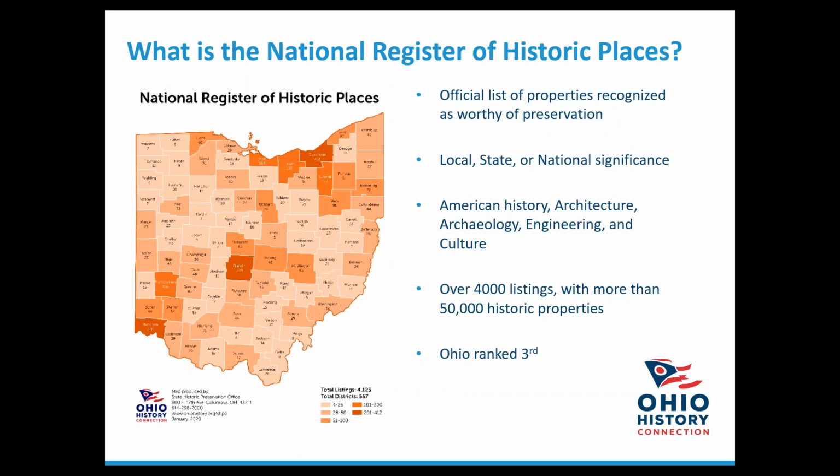So first and foremost, what is the National Register of Historic Places? The National Register of Historic Places is an official list of properties deemed worthy of preservation for their significance in American history, archaeology, architecture, engineering, and culture. The National Register was created by the National Historic Preservation Act of 1966 as amended to identify and inventory historic